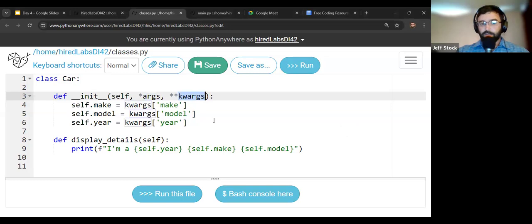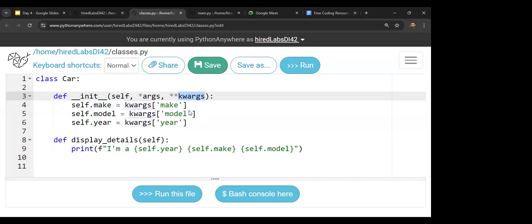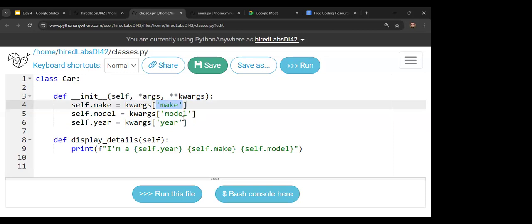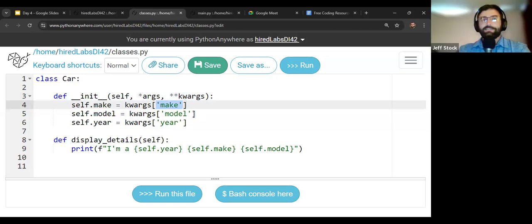And then we also refactored with keyword arguments, which, if you recall, the data type was what? What data type is this, as opposed to lists? Lists were the arguments. The keyword arguments is what kind of data type? Is it a string? No, not a string. Dictionary? Dictionary. That's it. Yes, dictionary.